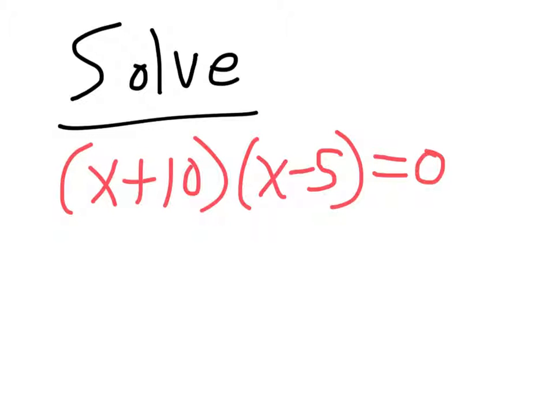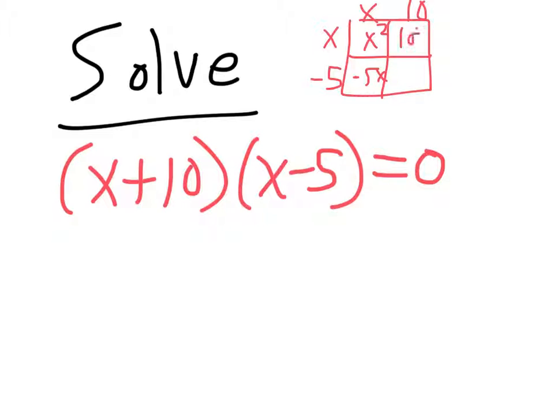Okay, so if you're asked to solve this for x, there's actually two answers, because if you multiply this out, you could use the box method. Students write the terms of this on the top, the terms of this on the sides, then they match them up,